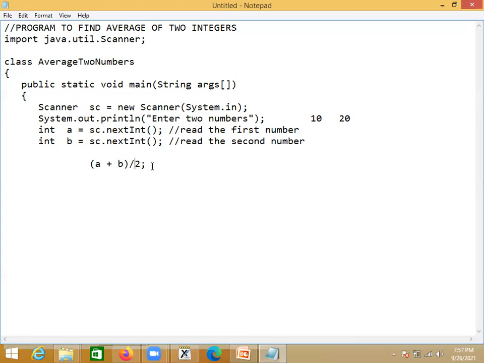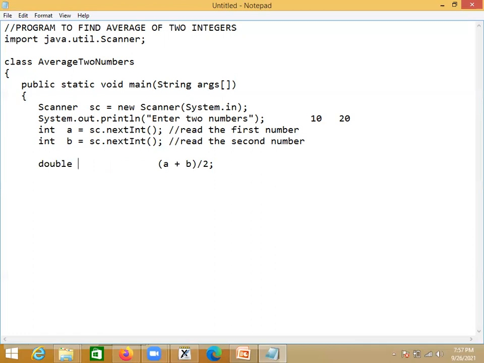Then you store the result into a variable. Generally when you enter two numbers through the keyboard, you will enter different numbers, and the sum may be even or odd. If the sum is odd, you may get a floating point answer.